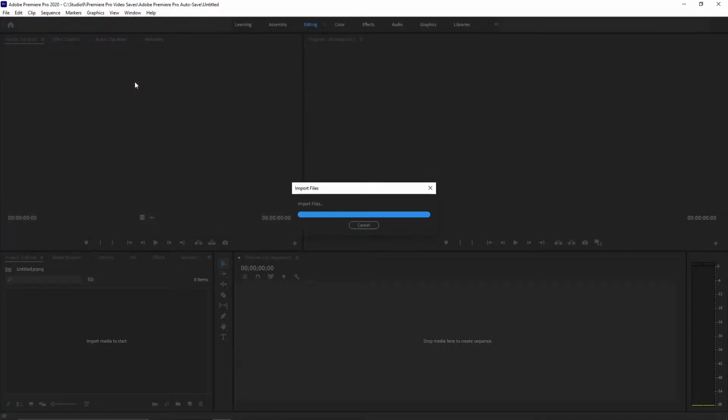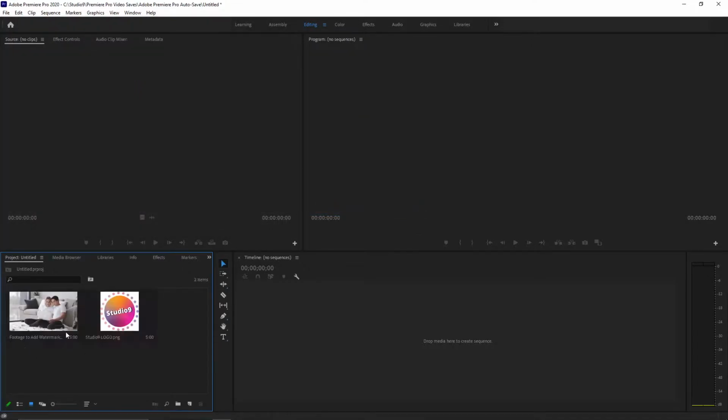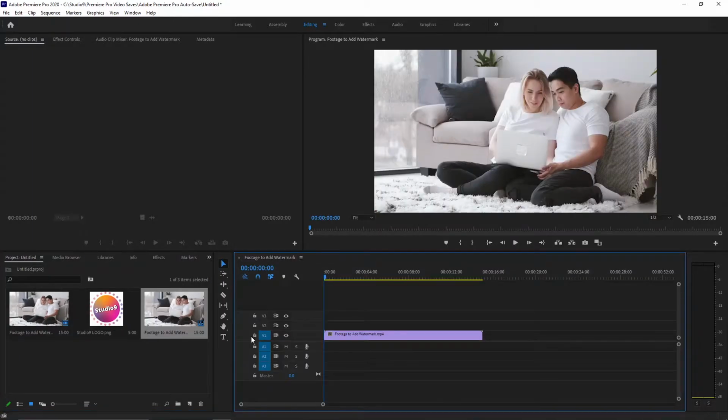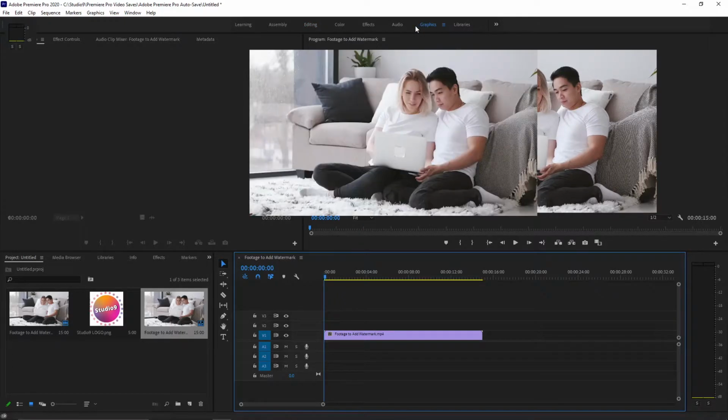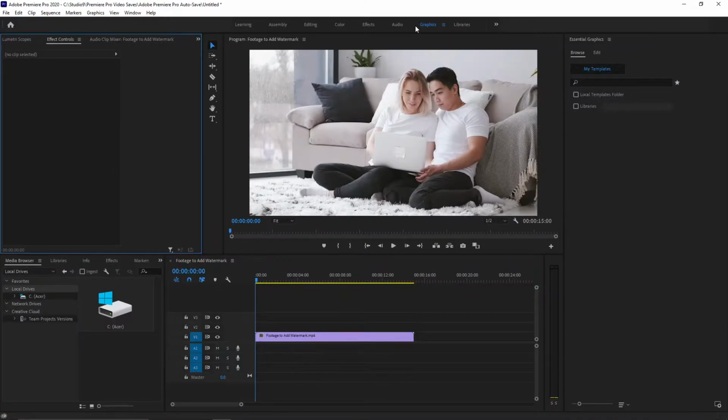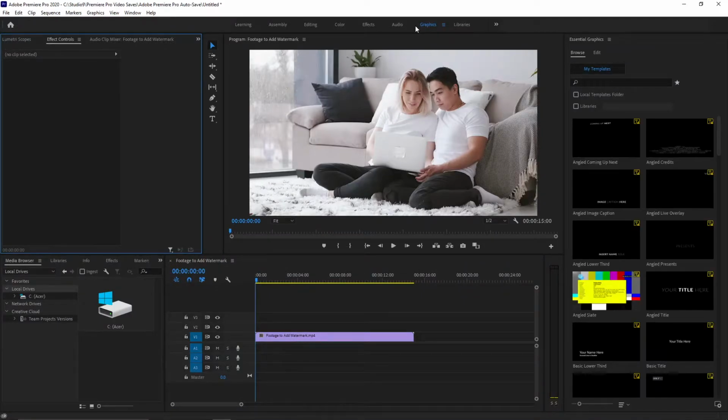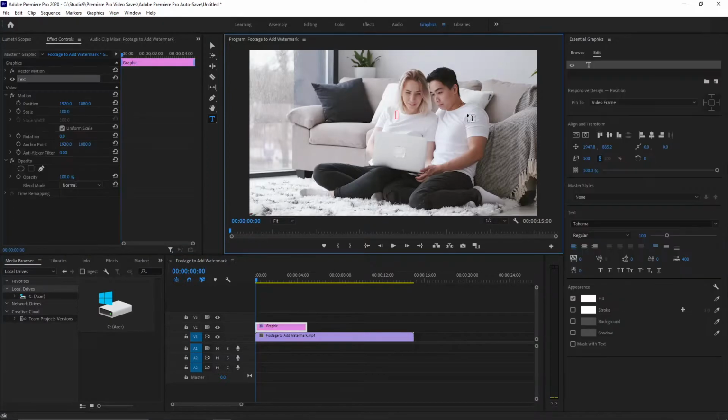And you can see I have this footage to add watermark to and a logo. So that'll be the second way we're going to add our watermark. So here you can see this is our footage that we're going to add the watermark to. I prefer to do all this stuff in the graphics tab. So how I'm going to start is I'm going to click on the text option, or you can just press T. And I'm just going to click here and type Studio 9